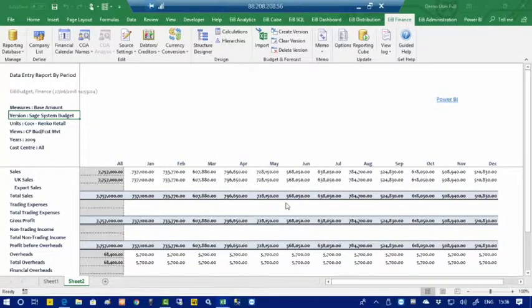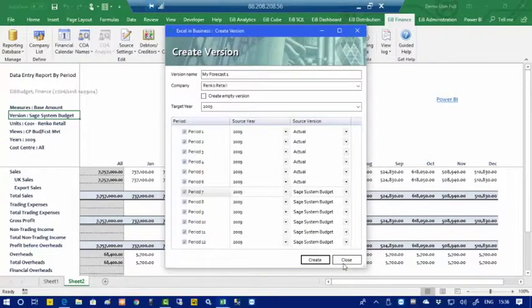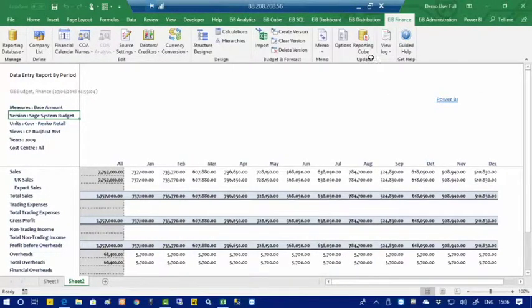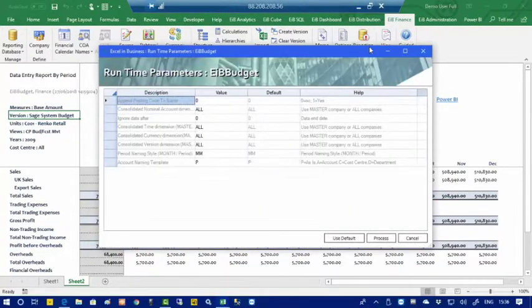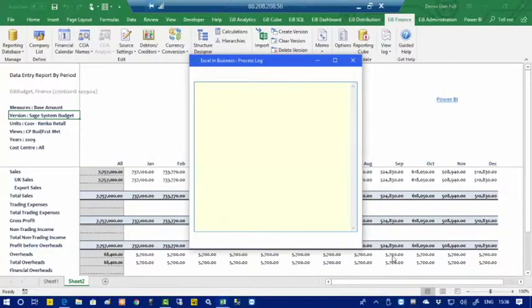So I go to my reporting cube. I think I've got my screen that I use to generate that still open. So I just shut that down, go to reporting cube, and then I'm going to process that and extract all the journals and run the update. Now, this is going to take a couple of minutes, so I'm not going to sit here and wait. I'll just wait for it to start, and then we're going to go and have a look at the Power